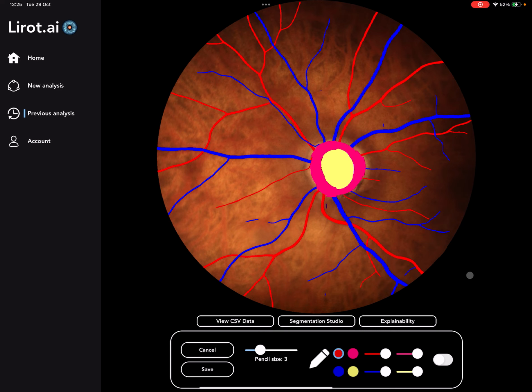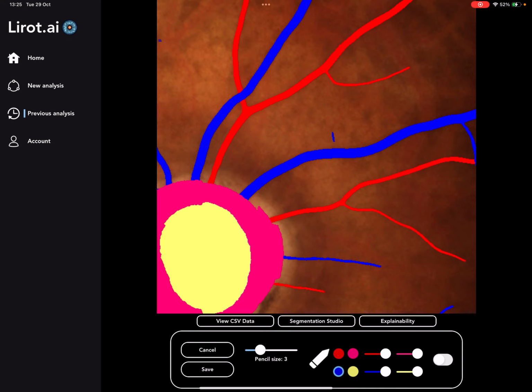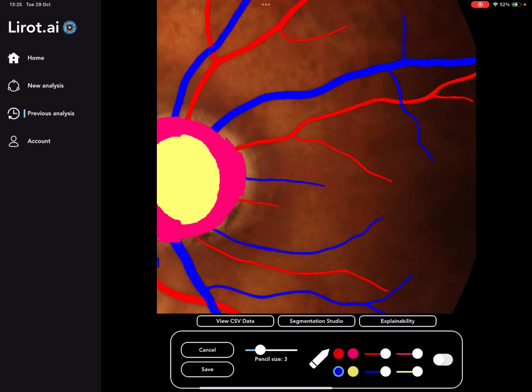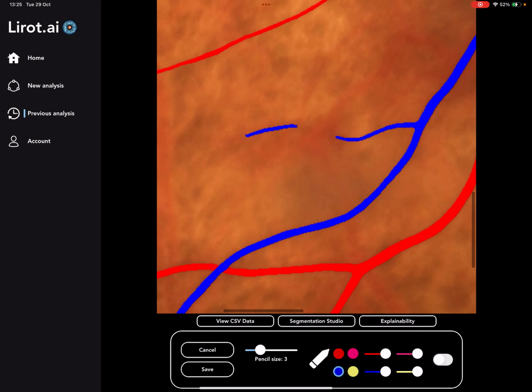Perfect. And let's say there is some segmentation I want to modify. So let's say this blue here. So I select the blue. I want to remove this. That should not be here. Also, this one was misleading. I want to correct